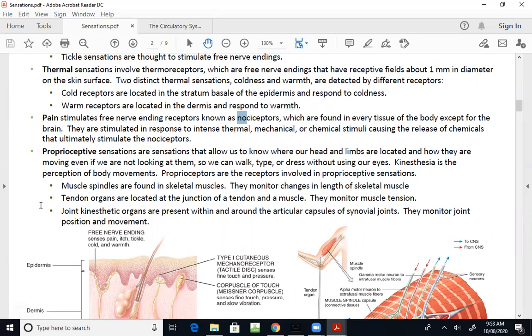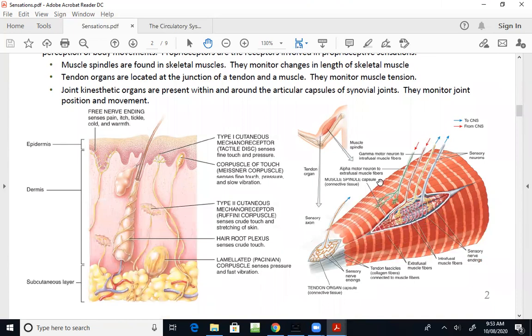because most people don't like pain. We find nociceptors in every tissue of the body except for our brain. So when you have a headache, it's not your brain aching. Stimulated in response to intense thermal, mechanical, or chemical stimuli causing a release of chemicals, ultimately stimulating those nociceptors. And then over on the right is an illustration showing you a portion of, looks like the biceps muscle and